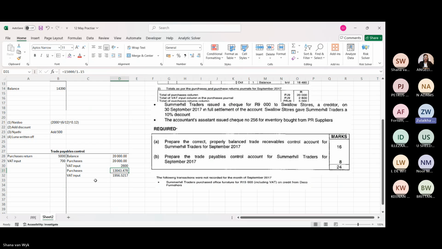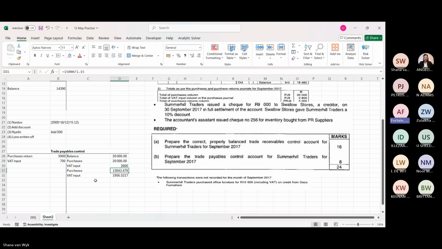I think that if they're giving it to us including VAT, we don't have to split it. No, we don't have to split it, but let's just think. We are buying stuff, so we are getting it in, so inventory increases, VAT input increases, meaning we will get money back. Because this is payables that will increase on the credit side. Because all our payables, we must calculate a total of payable. So VAT input is money we're gonna receive, so it's gonna be credit. Yeah, VAT input is money we should give out. VAT input is money we get in.